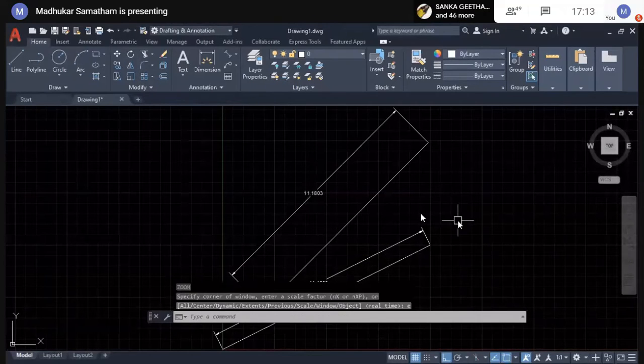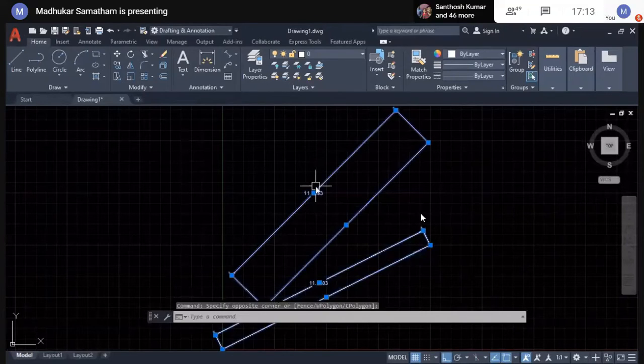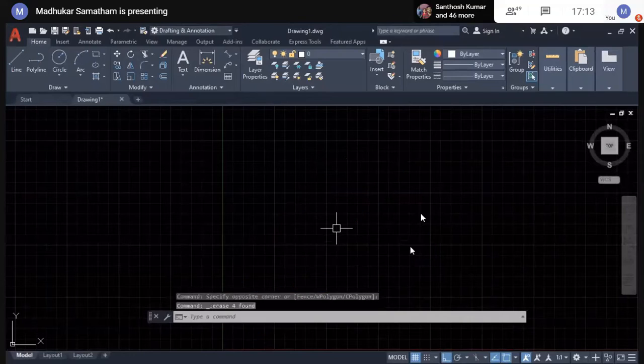You can see how we can generate entities. That's about the line option.